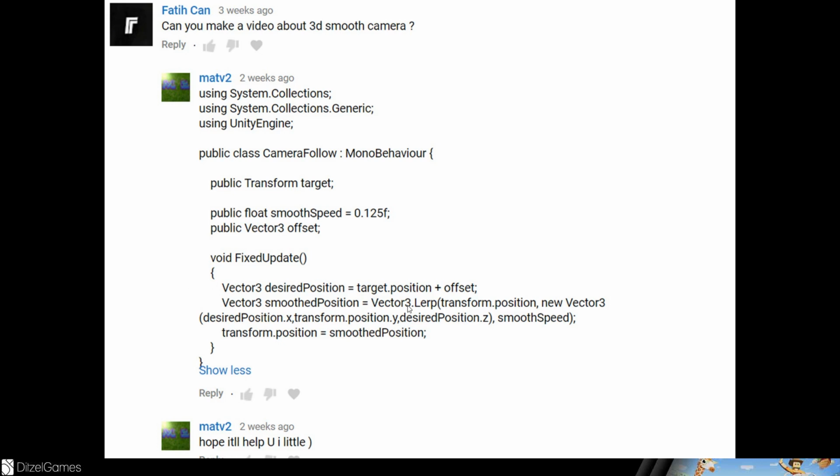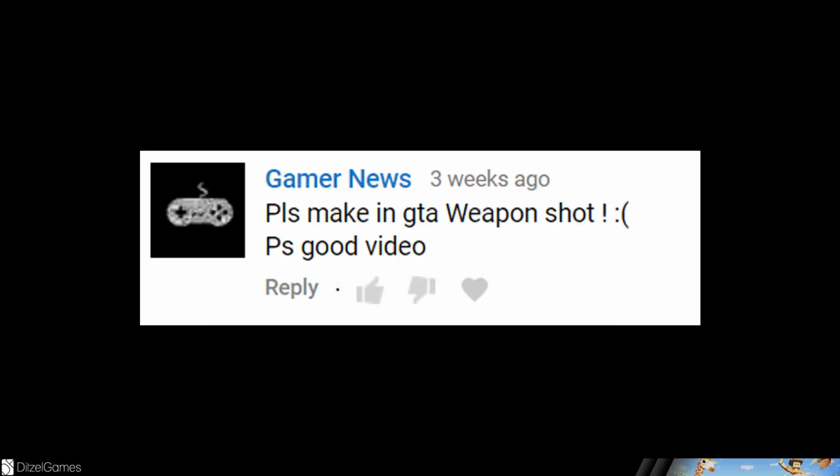Yeah, so linear interpolation is good. You could always use the smooth damp. So Vector3 SmoothDamp is a little bit smoother, but linear interpolation is good as well. So this is awesome. Just help them, because this is what I use all the time. Linear interpolation, smooth damp, just to make things move. It's always kind of in my tutorials. I don't want to make a specific tutorial on it.